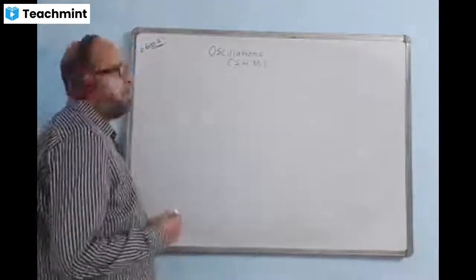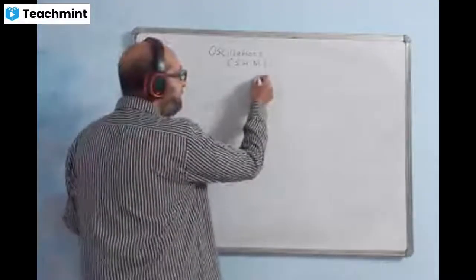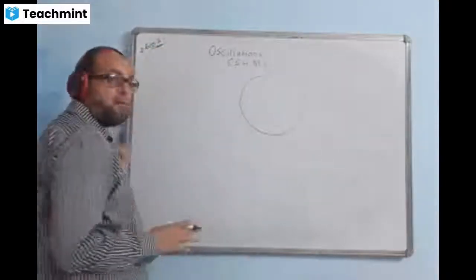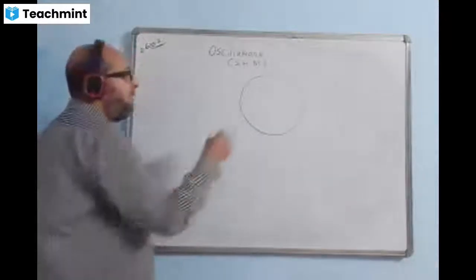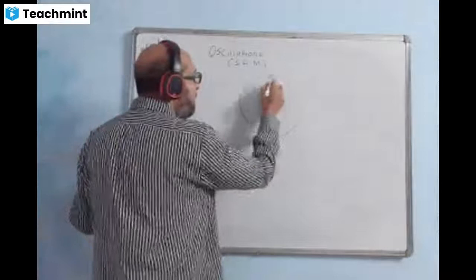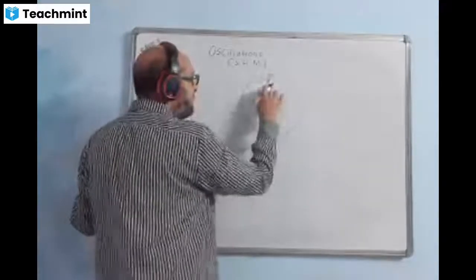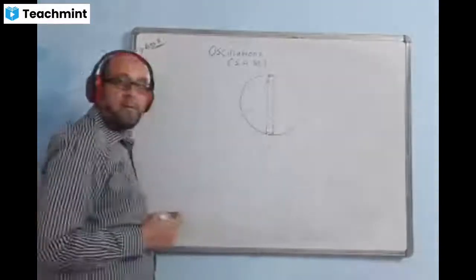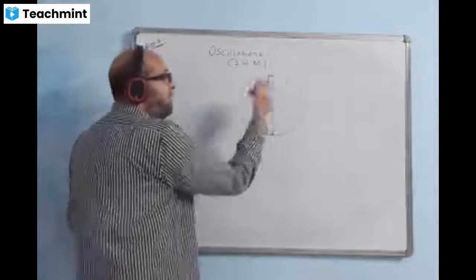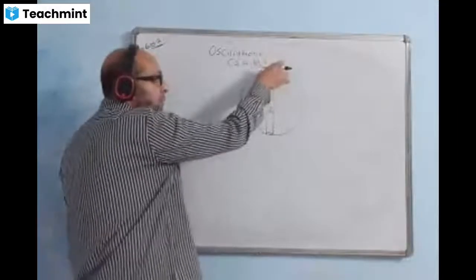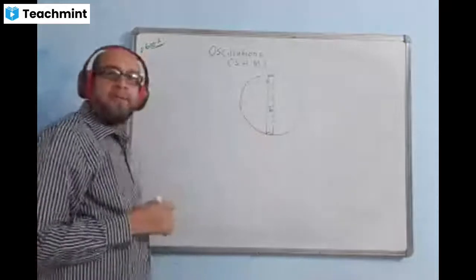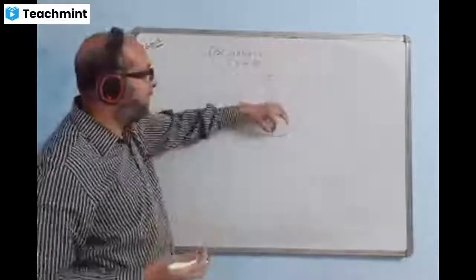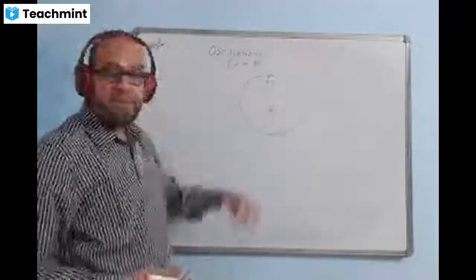Ready? Okay, now see. The question says, we are taking Earth, which is a homogeneous sphere, and we are making a hole. You are assuming that there is a hole across the diameter. This is the center. We are putting something in this hole. When you put something here, the body will execute SHM. This body which we put inside will be moving to and fro like this. It will start moving to and fro.